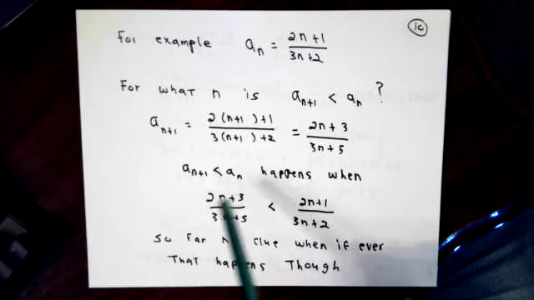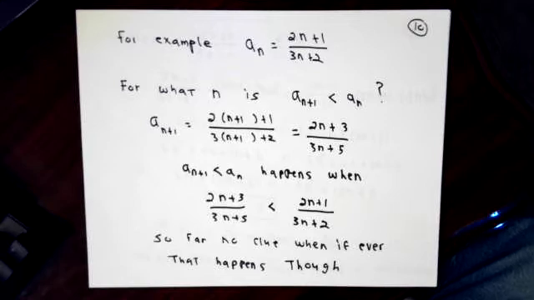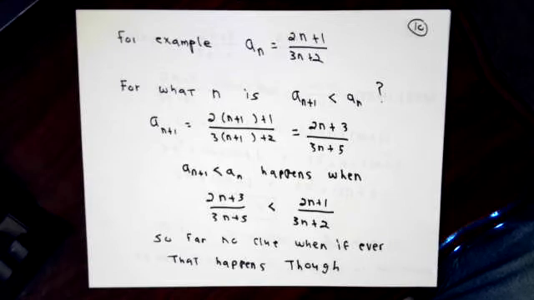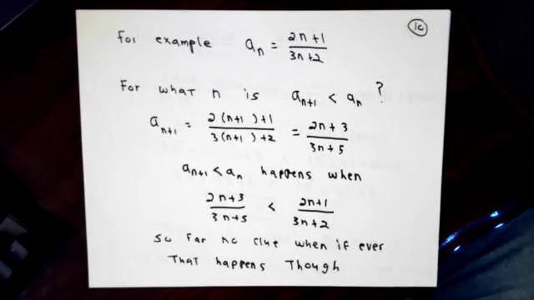So if I want this to be true, that means the same thing as wanting that to be true. At the moment, I have no clue if this ever happens, or always happens, or sometimes happens for certain n values, but not for others. At the moment, we have no clue. We're going to solve this inequality, and all I've got to remember is if I multiply both sides of an inequality by a positive number, then the inequality sign is undisturbed. You just leave it alone.